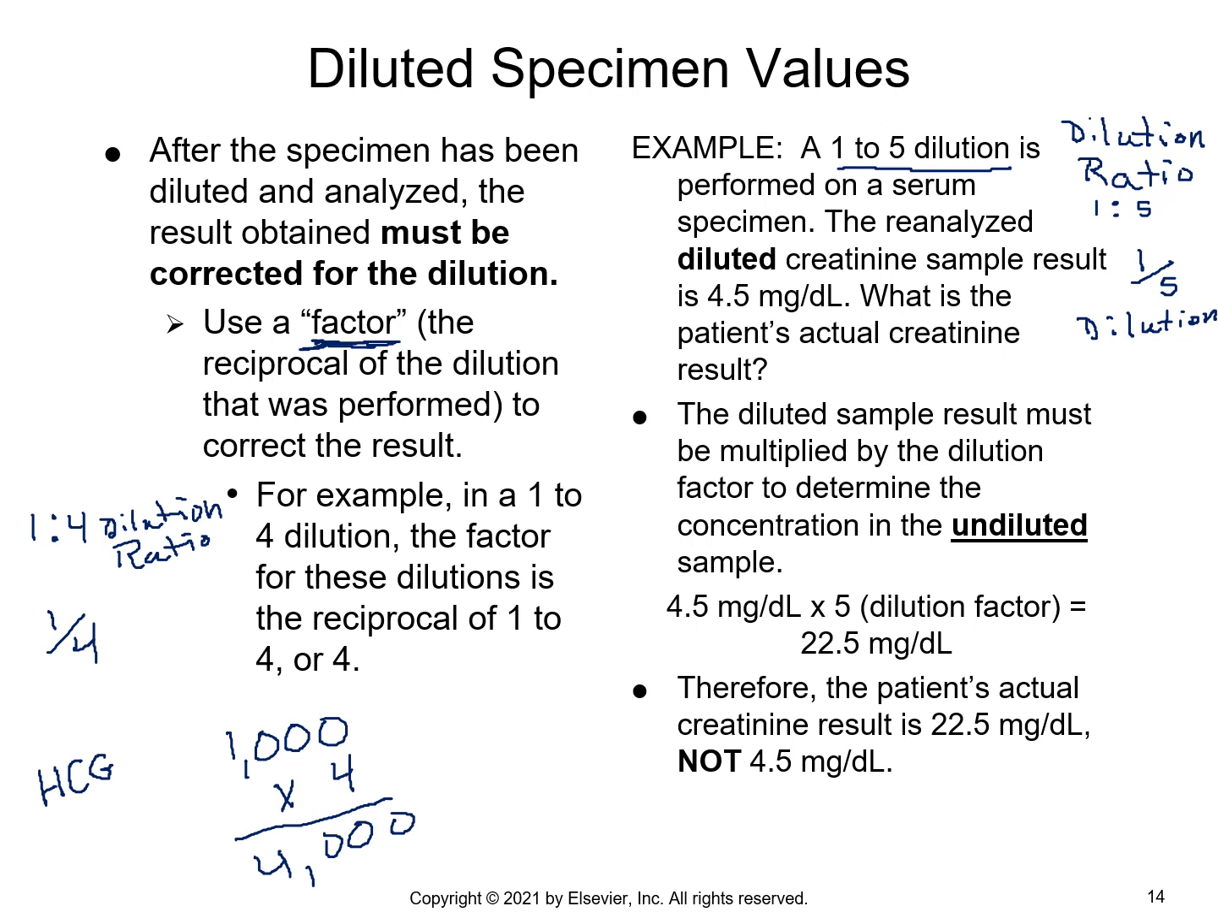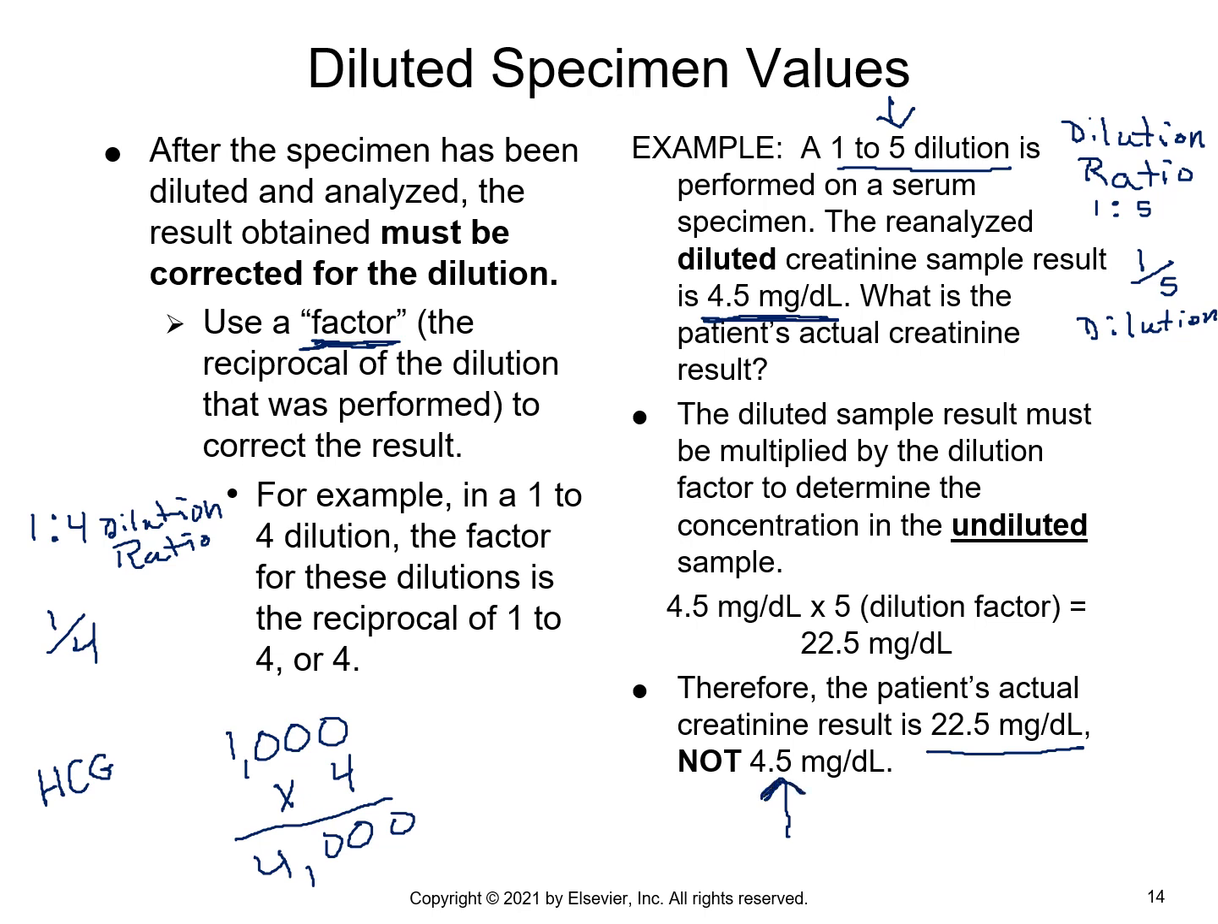So a 1 to 5 dilution ratio, which means it's 1 in 5 parts total, is to be analyzed. And our result that we got was 4.5. This was done on a creatinine. And that 4.5 now needs to be multiplied by our dilution factor. So what is our dilution factor? Well, our dilution factor is 5. And so when we multiply that out, we get 22.5 milligrams per deciliter. So we would report this out as 22.5 milligrams per deciliter and not the actual value that we got from